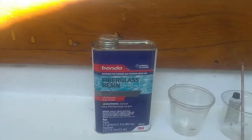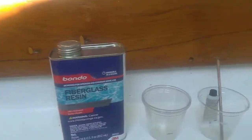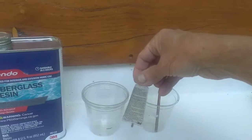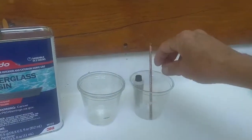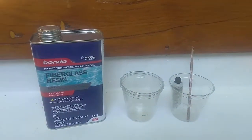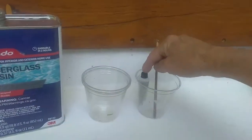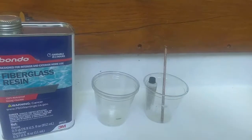Okay, I just bought a brand new can this morning, and my only complaint about it is that the hardener comes in these little bitty tubes, and when you get done using it, you want to make sure that you put it in a cup so it stands up. You do not want to lose that, in other words, let it leak out or something. When you get it, by the way, it's a solid top. You just take a pin or a tack and stick down through there,